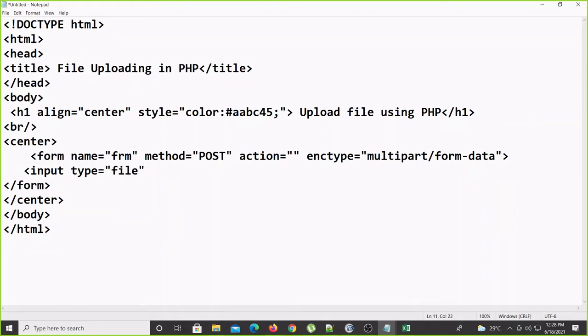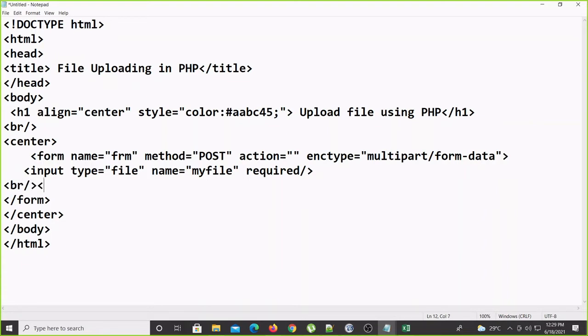And then you can give the name of this input box. By this name you pass the file to the PHP, so you can give any name. I am giving myfile as the name of this input box. ID depends: if you want any kind of validation with the help of JavaScript, then you can write the ID, otherwise it is not required here. And then I can put required here, so without this nobody can submit. And then close this one. So this part is done.